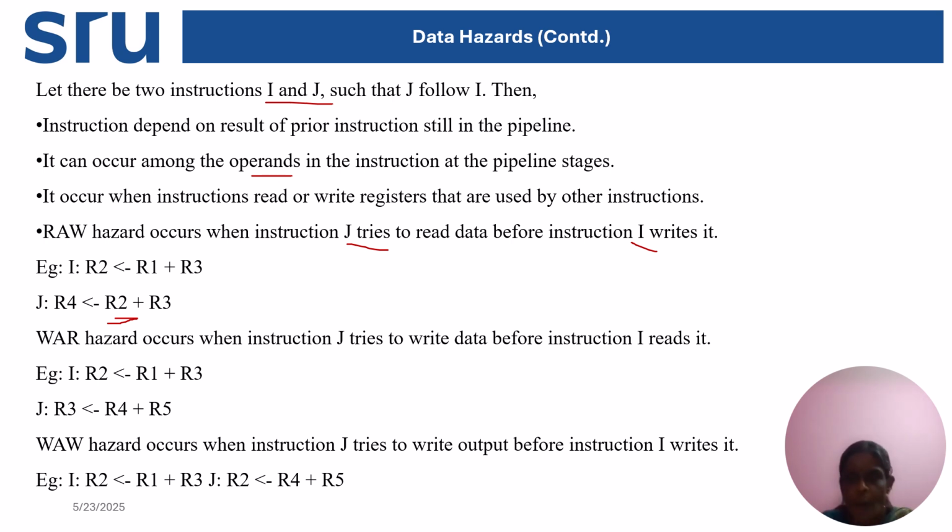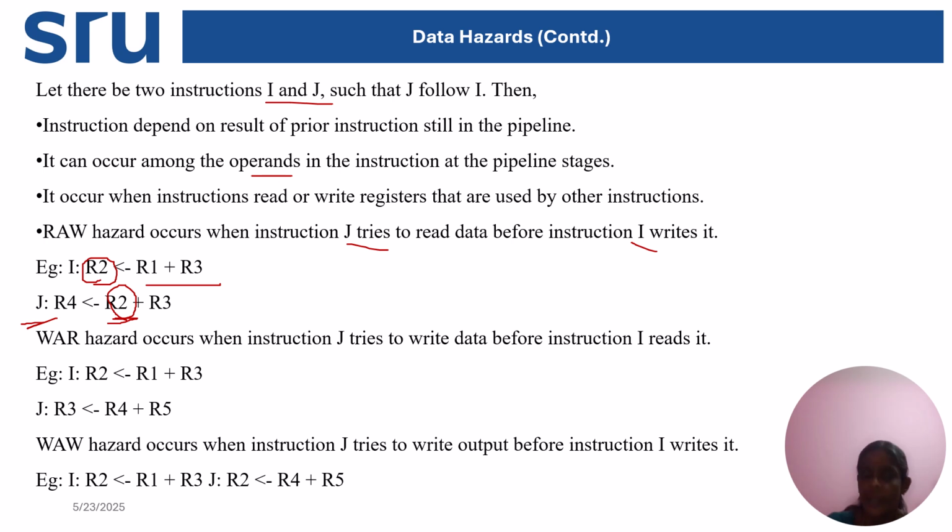R3 is common data only. It is supplied with R3 data, and it is also supplied with R3 data. No problem. But R2, where does it come from? It is coming from the output of the I instruction. So once it completes R1 + R3, then only the R2 value which is taken up by the J instruction